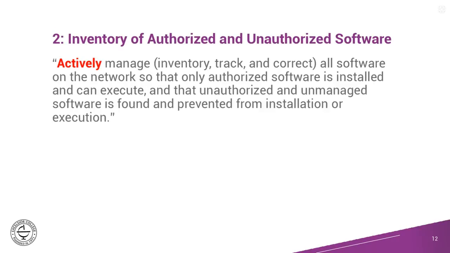Inventory of authorized or unauthorized software. Oh, this is a good one. A lot of times people just want to install new software. And this is a big issue right now when most things can be run through websites. People each day run Spotify through the web page. It's like the new torrent, right? It's using those technologies. So actively maintain all software in the network. This helps you identify what needs to be patched, what needs to be updated. This is extremely important when you're trying to plan out a budget and see when software is going to be deprecated or when new software is going to be needed.